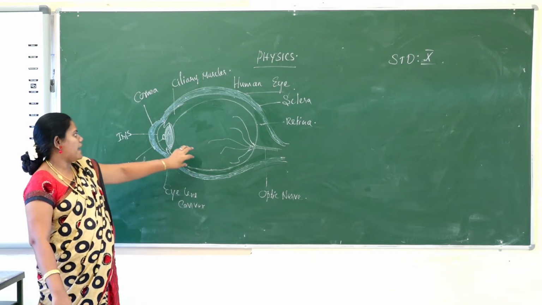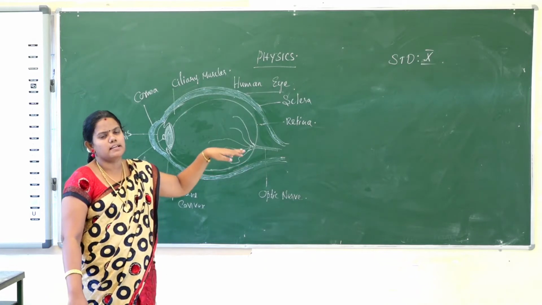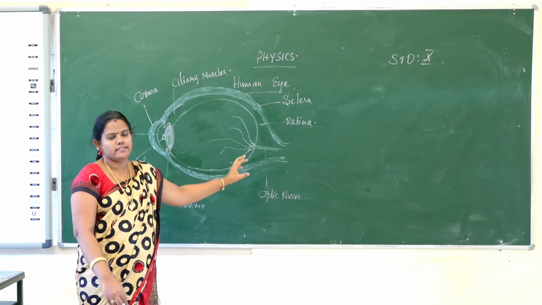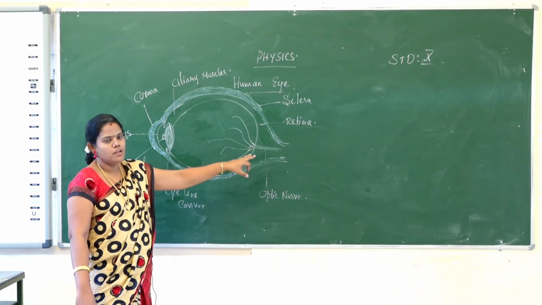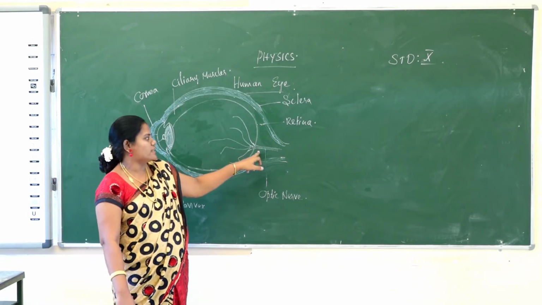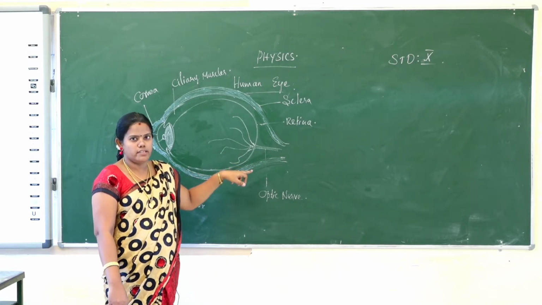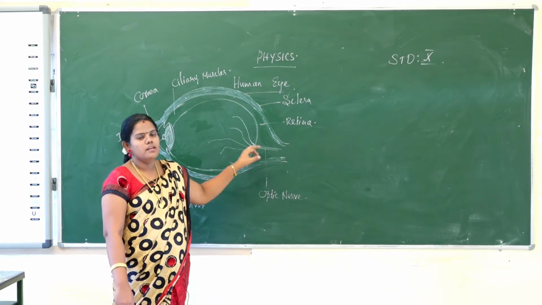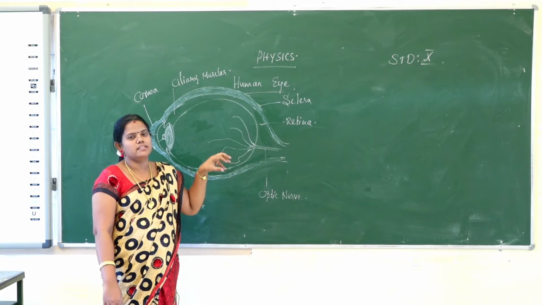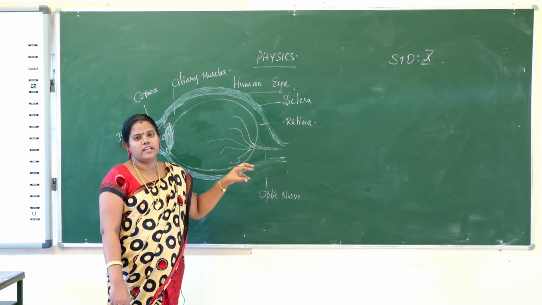Okay, then there is some aqueous solution in between, and the last part is the retina. The retina is where the image is deposited; it acts like a screen. When we see an object, the image is captured and stored on the retina in inverted form. That inverted image is transferred to the optic nerve, and the information about the object is transferred to the brain. The brain identifies the correct structure.